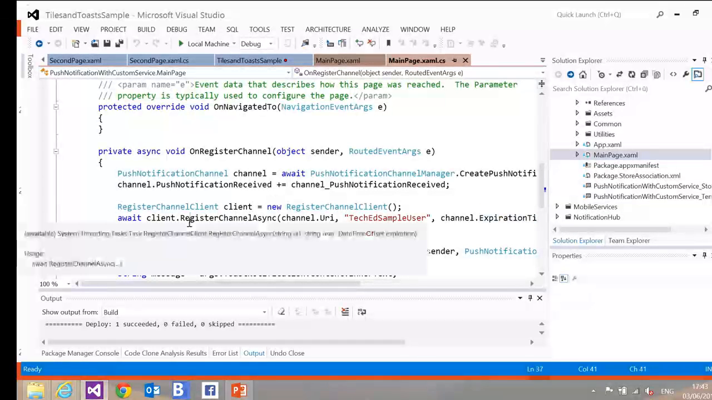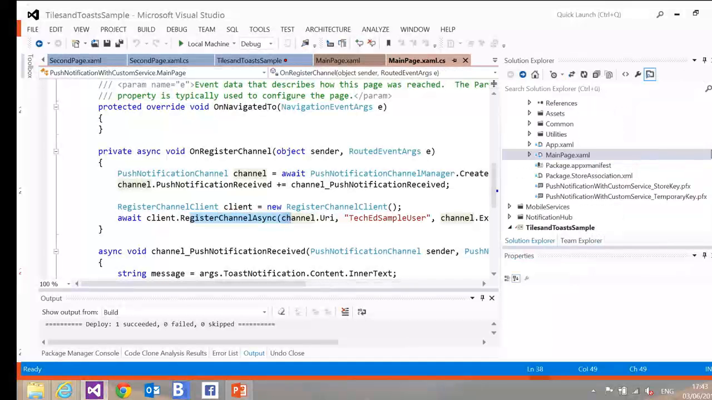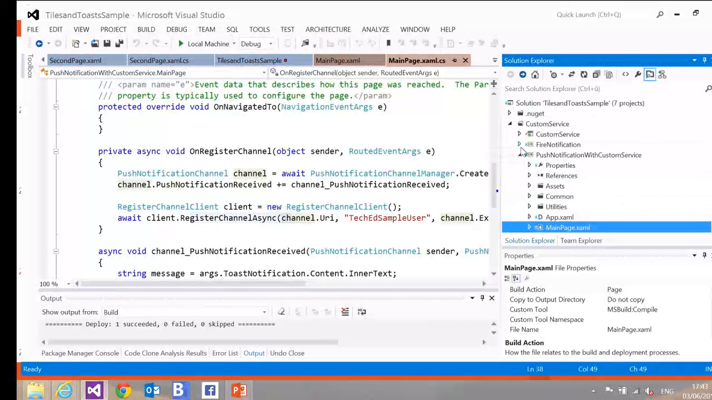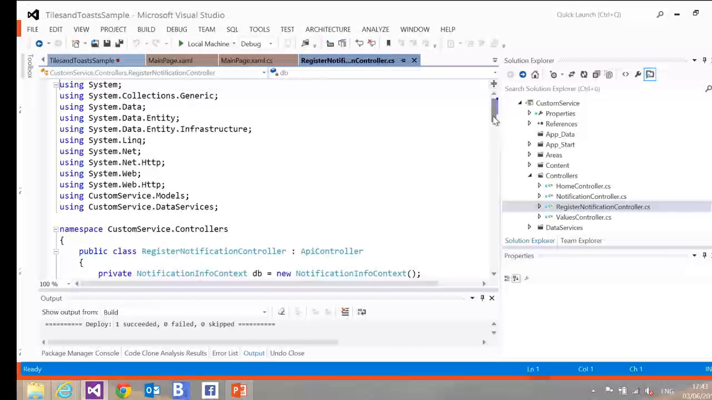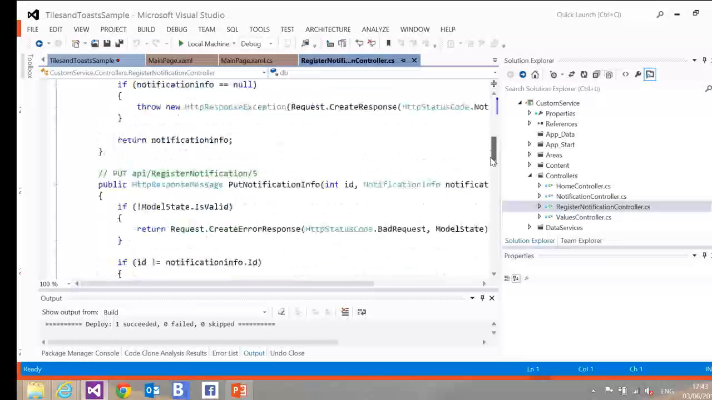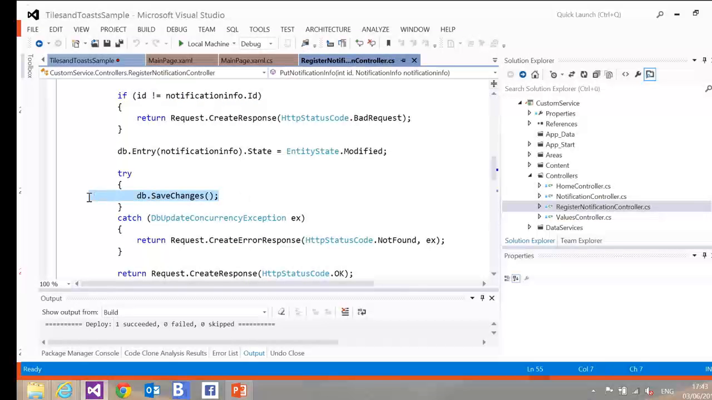Okay, register channel async. Here I'm calling a service, a custom service. Custom service here is a web API service. I have a controller, register notification controller, and just make use of the entity framework to write the information about the channel and the timeout to a